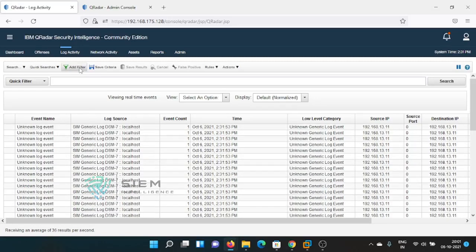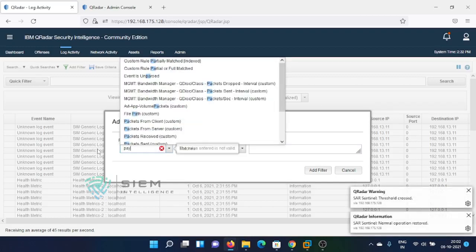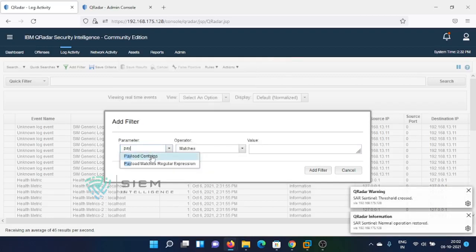This is the easiest way to find something, but again it is really painful for Curador to dig out this data. Why? Because it will go and check each and every raw log by using this particular filter. This is what payload contains. We have already discussed what payload is.